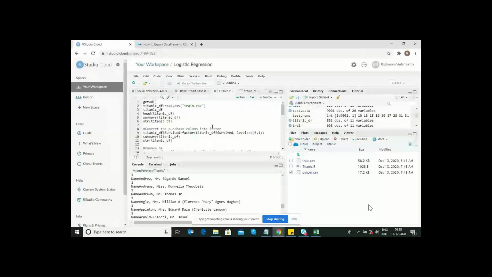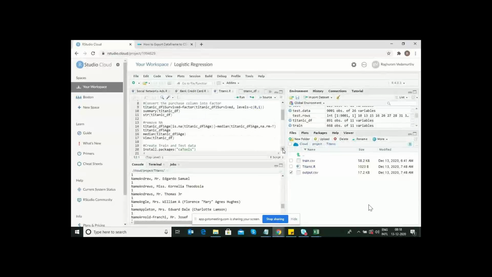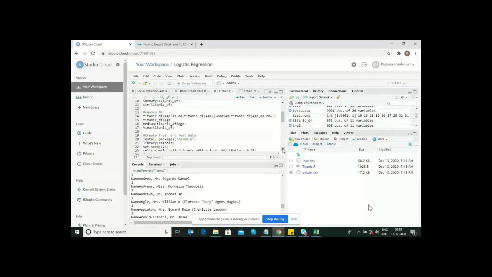Can you scroll down? Yeah, sure. So you are removing NA. Correct.